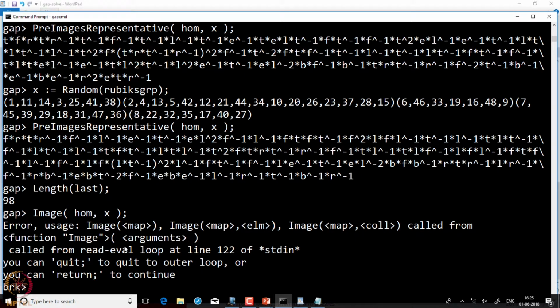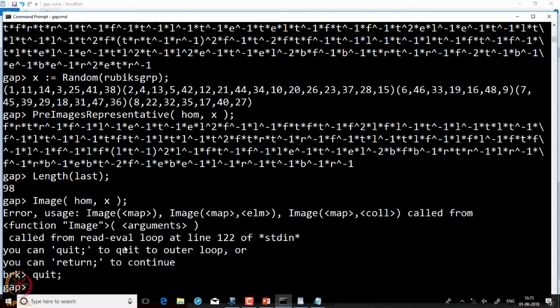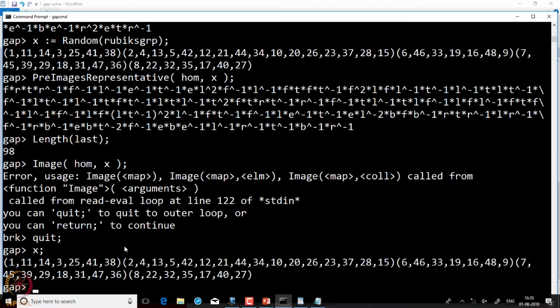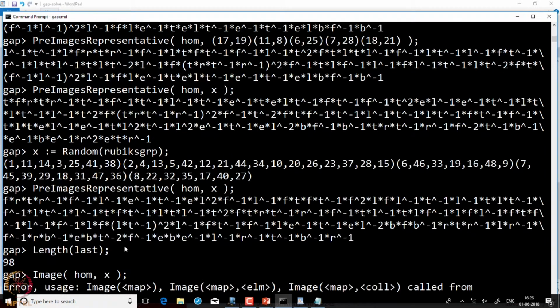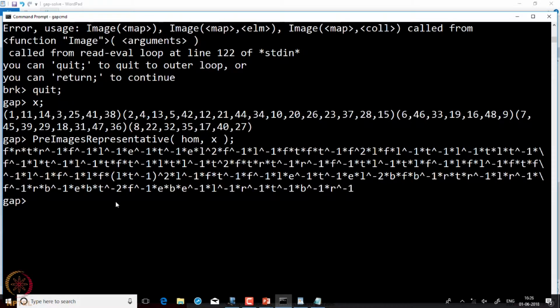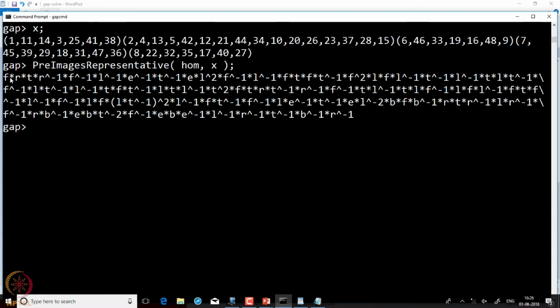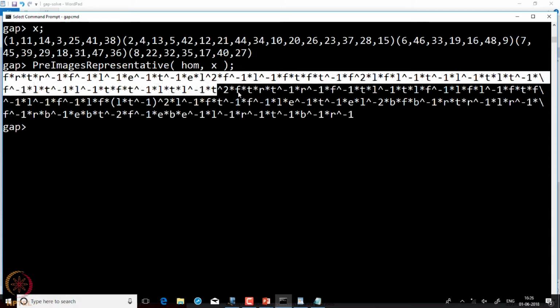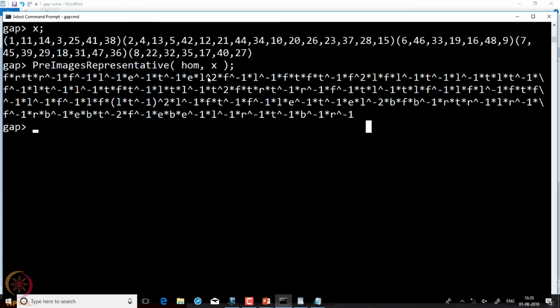So let me just see. So the pre-image is this one, and what do we do with this pre-image? We just get all our moves. So we get that X is